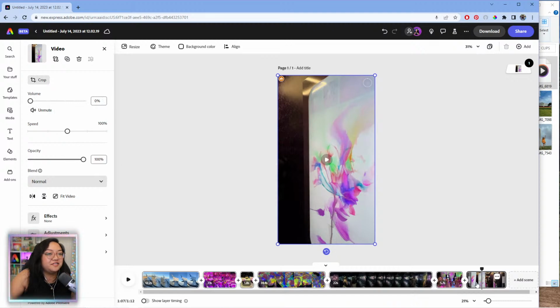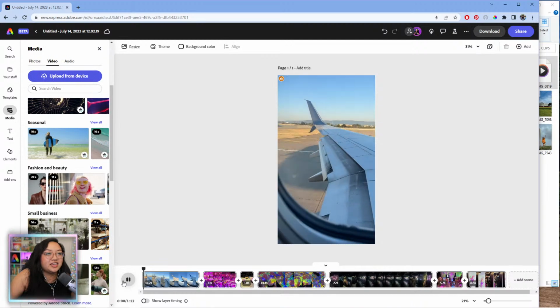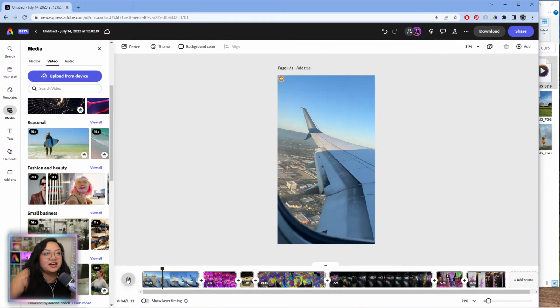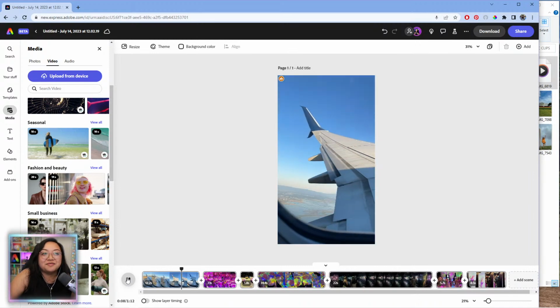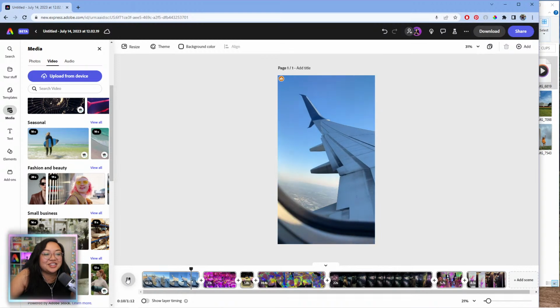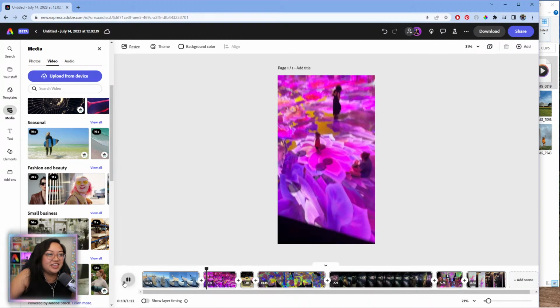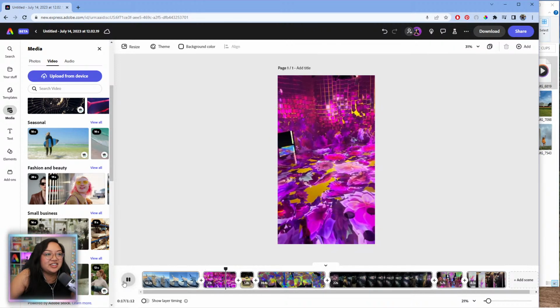Okay, so now we are just going to scrub through the beginning. By the way, creating a time lapse on a plane while it's taking off is really difficult. You gotta hold your hand steady for this, you know? And then here's the museum, the first shot.